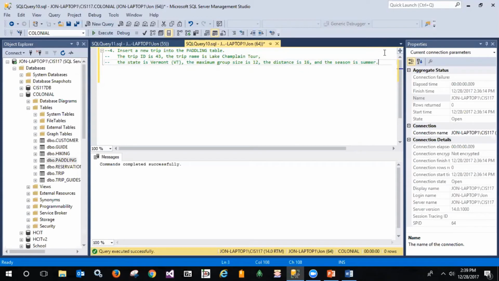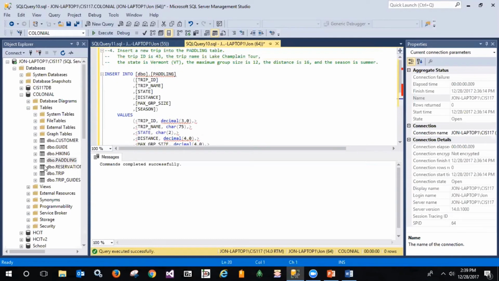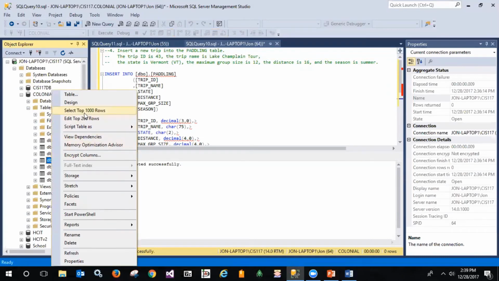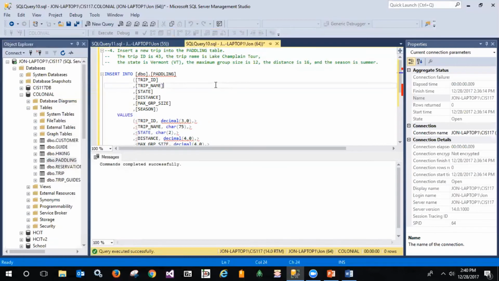So let's take a look and analyze what that is. If you look back at the comparable exercise that you did previously, you know that you can steal the template for doing the insert from the script that is generated off of the insert statement. So we can grab a generic insert for paddling in order to do this. So again, if you came over to the paddling table and right-clicked and said, script table as insert to a new query editor window, this is the statement that would be generated. Now, what I want to point out to you is that the group size is 12,